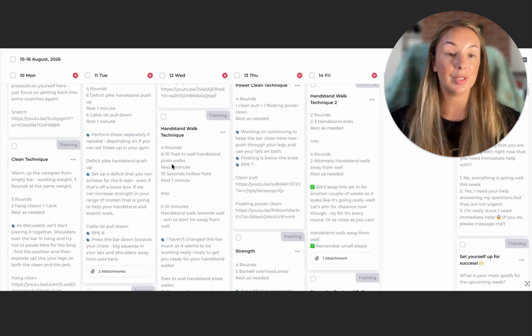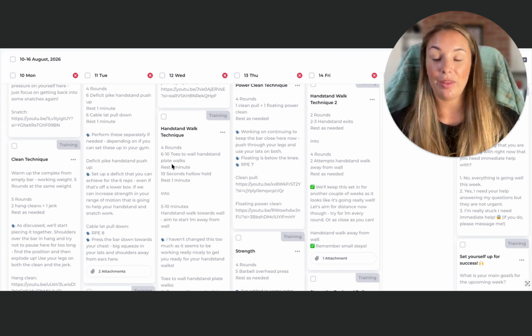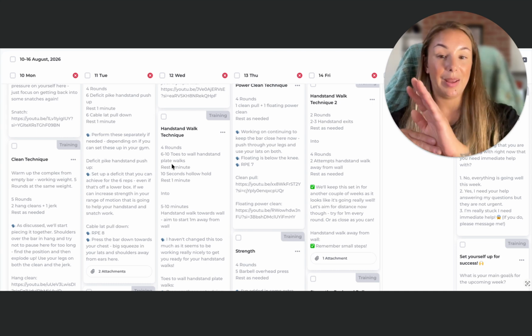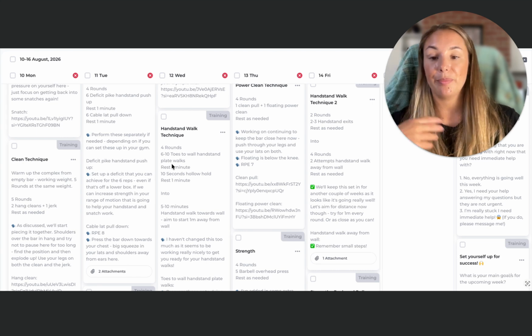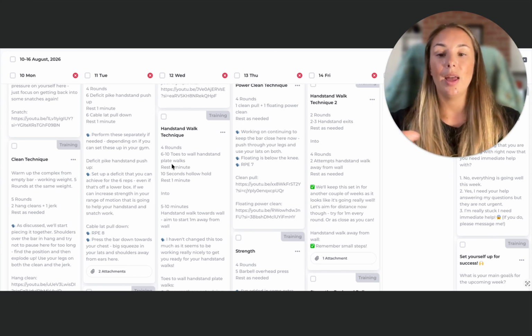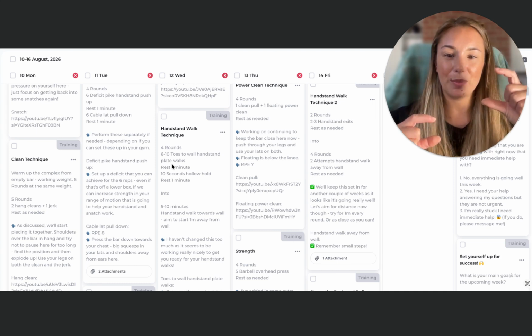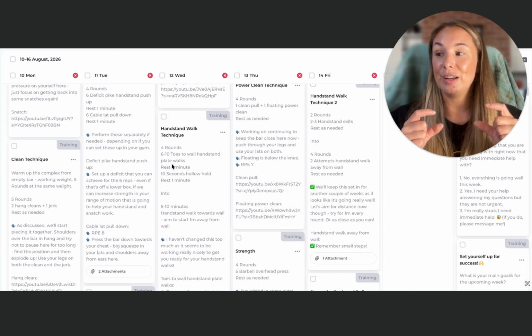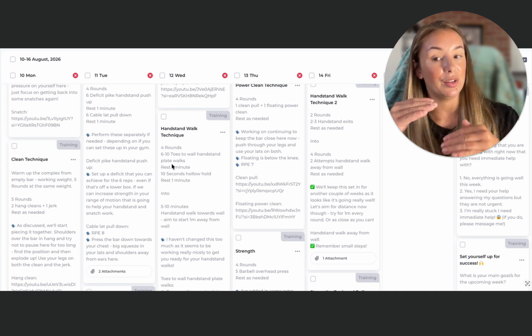So when it comes to technique as well, we follow a very similar process when it comes to assessing technique. Asking to video. It's important to video from different angles as well, either in the same session, or 1 week video all from maybe the side, the next week video from 45 degrees, because then that allows me to see what's going on at different parts of the movement, provide feedback that is accurate as well, and then see what I can do from the technique work. In particular, in week 1, with somebody starting out, if there's any glaringly obvious technique issues that are being caused by a strength issue, then I can change the strength programming.